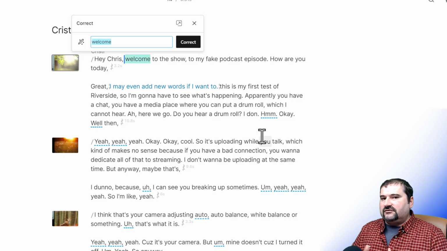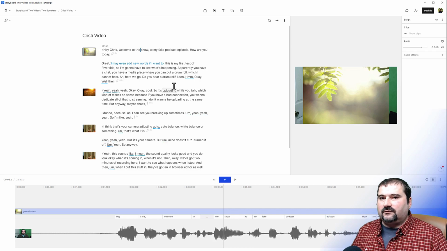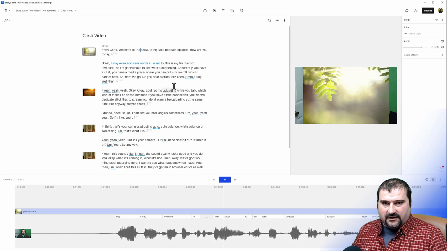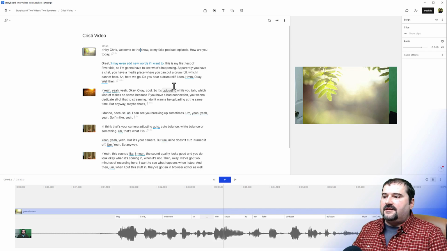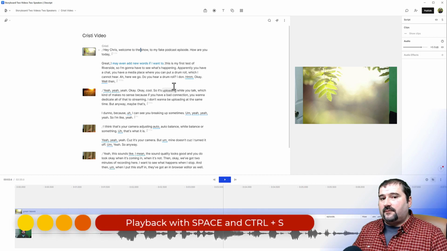It takes a little getting used to, and after you've used it for a few hours or a few projects, you'll feel right at home. And speaking of keyboard shortcuts, in the classic version, you used to press tab to play and stop playback, and also the spacebar worked for that. Well, right now it's only the spacebar that works. And if you are in write mode, when it's likely that you will want to type the space character as well for adding spaces, then Control-S or Command-S will start and stop the playback.